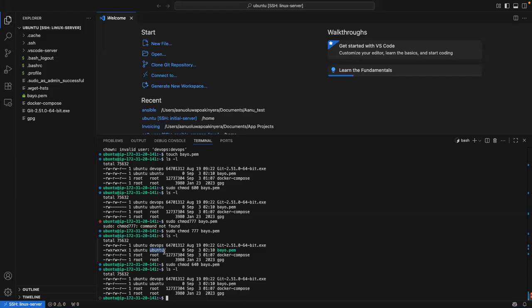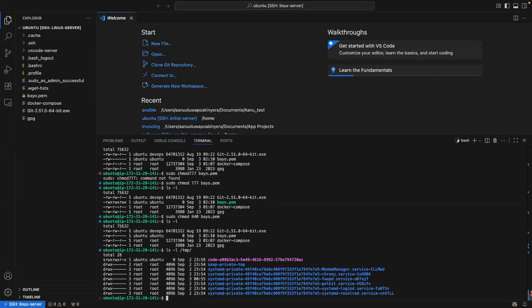Especially if you are using a shared folder like /tmp. ls -l /tmp, which is a temporary folder. You see, it's a temporary folder owned by root. This is owned by Ubuntu. So if you are using an Ubuntu server that has about 200 users, but only 10 DevOps people, even though it's in an open folder like /tmp, you can set it so that only DevOps people can read it. The others can see that it is there, but they cannot read the content. Okay. You get? Yeah. Thank you.